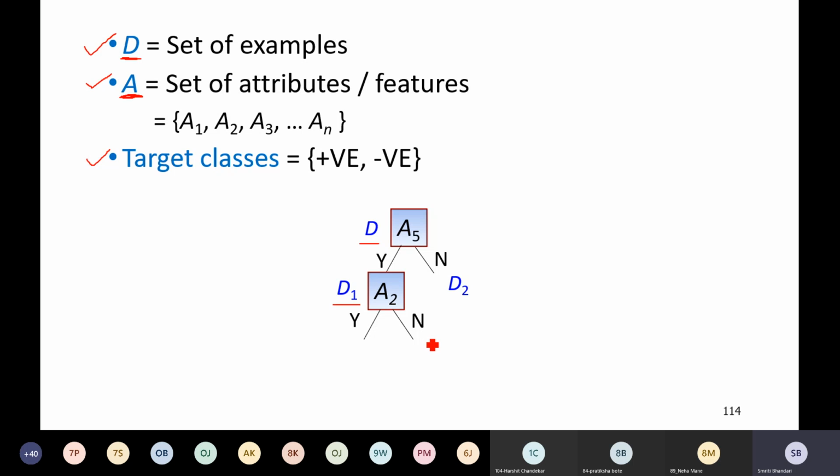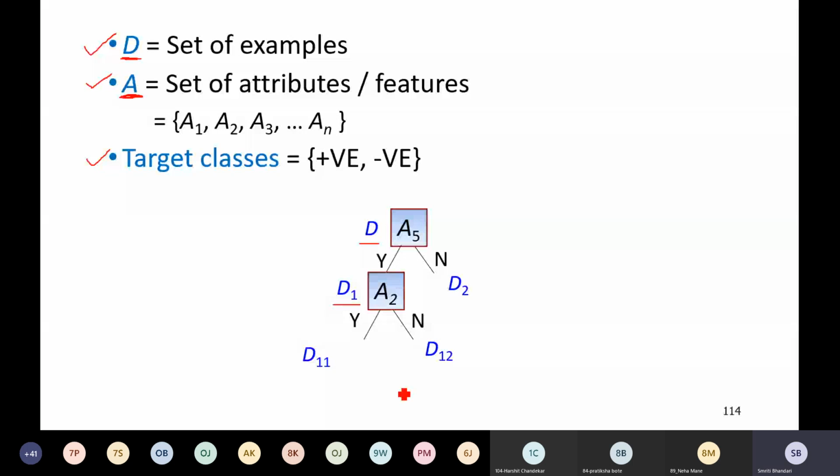And in another subset of D1, we'll have those examples for which the A2 value is no. So we have D11 as the subset of D1, wherein we have all those examples out of D1 such that the A2 value is equal to Y. And towards this side, we'll have the subset, say D12, such that the examples in D12 have the A2